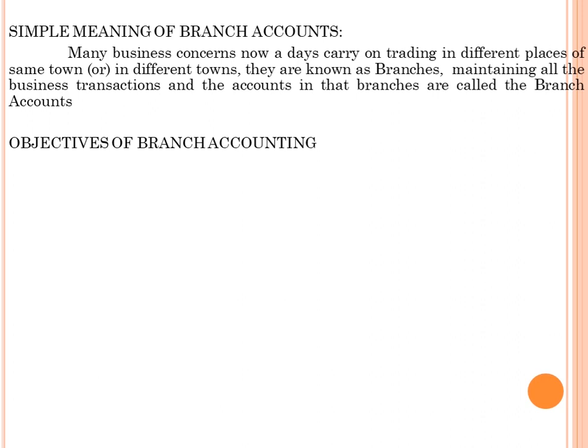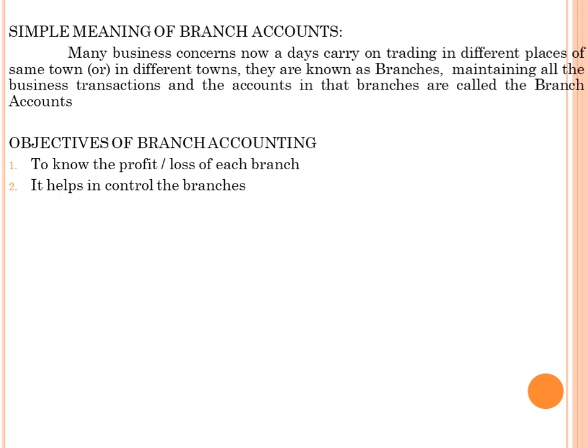Objectives of branch account. The first one, to know the profit and loss of each branch, as the head office should know the profit and loss of each branch. Second, it helps to control the branches. Branch accounting is going to help to control the overall branches. Third, it shows the actual financial position of the branch. Maintaining and recording all the business transactions helps to analyze the financial position of